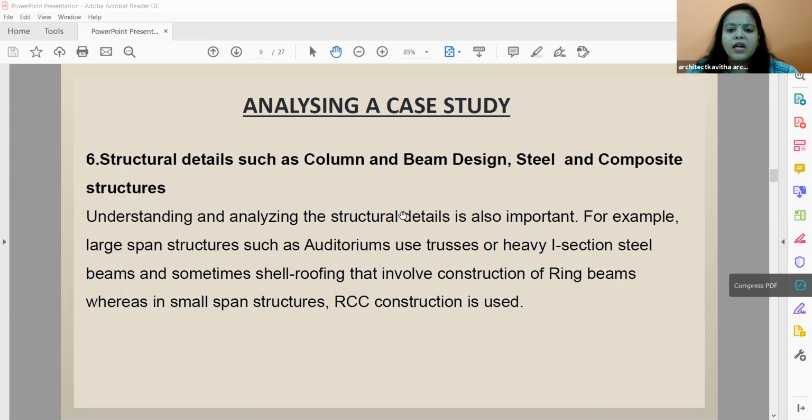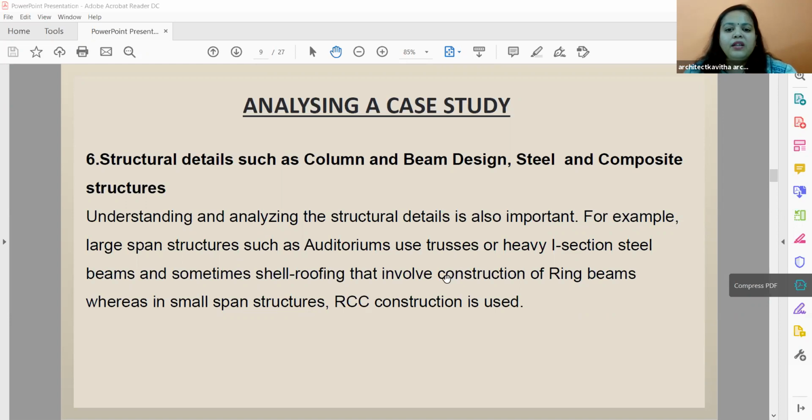So again, structural details or any particular details that you find on site. Say there is some new material that they have used. You can take photographs, you can collect the information, you can check with the client. In fact, in some cases, there are architects who have designed that place. So you can go check with the architect if they give you an appointment. You can discuss with them about the design to get more detail of the project.